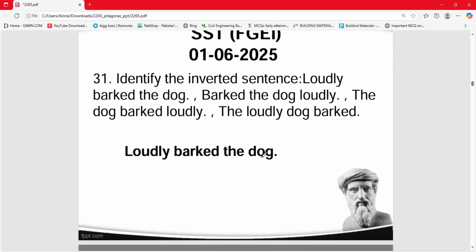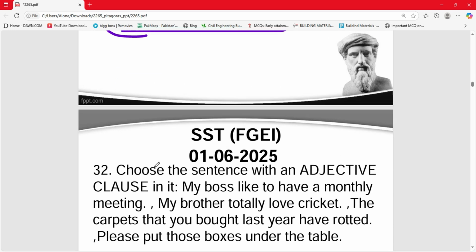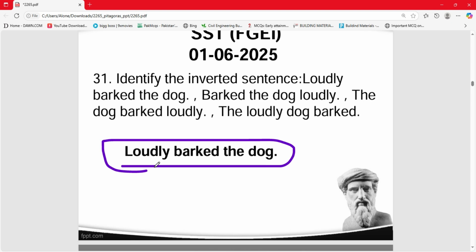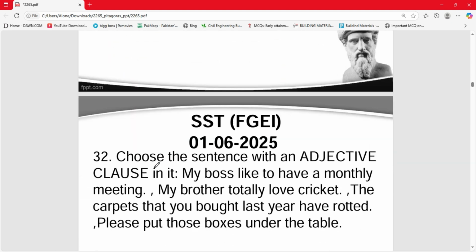Identify the inverted sentence. Loudly barked the dog, barked the dog loudly, the dog barked loudly. And the right answer, loudly barked the dog, is the correct answer. So you have to put the sentence in the right order. Our next question is,